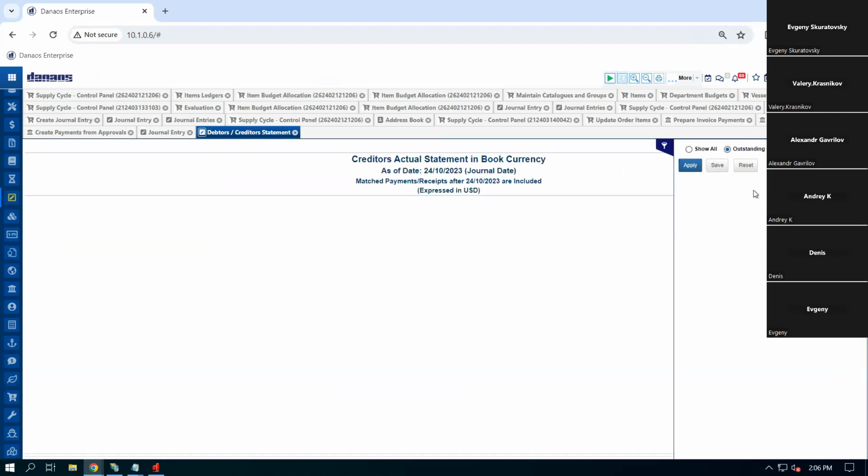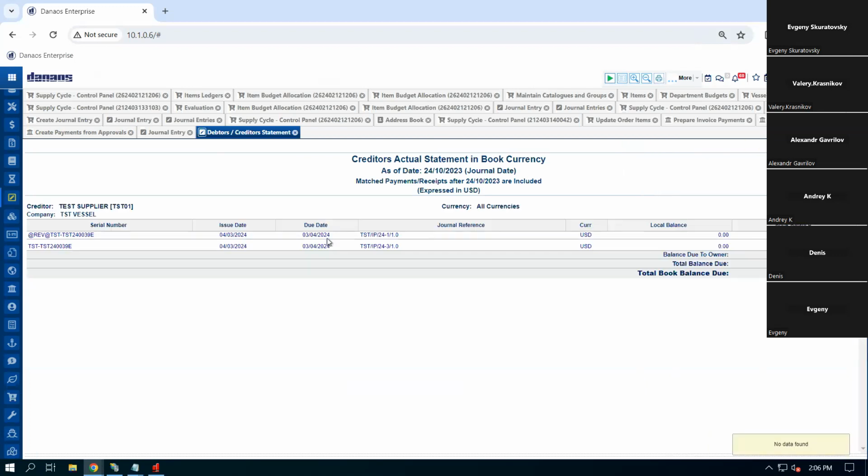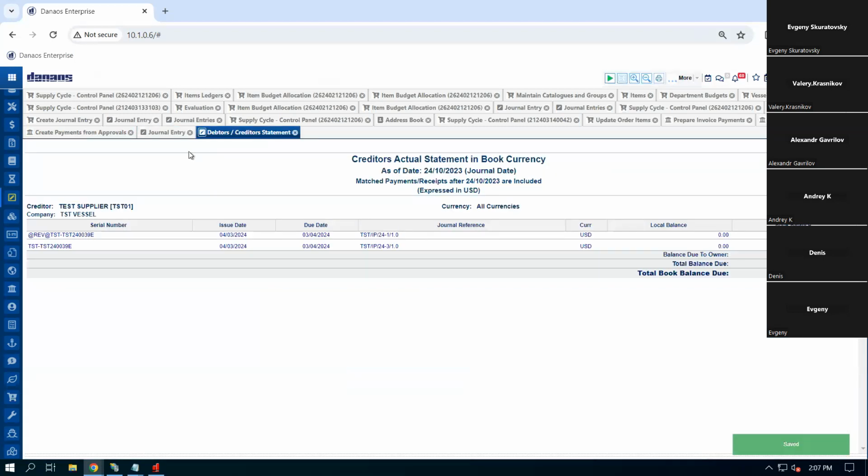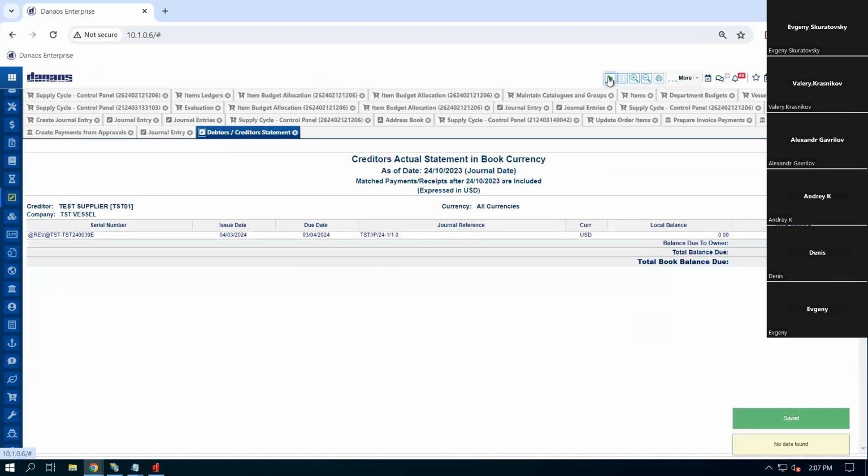So there's nothing here because there are no outstandings. There's the option of show all, with which we can see again the two entries. I think this is the entry that we saw before, which is the invoice. And what I'm going to do is basically unmatch the payment from the original invoice. So if I do that and run the report again, here,